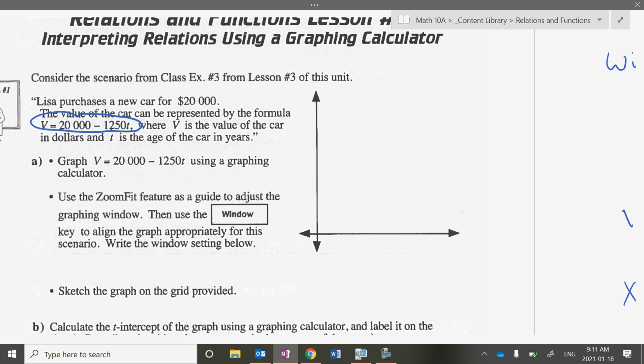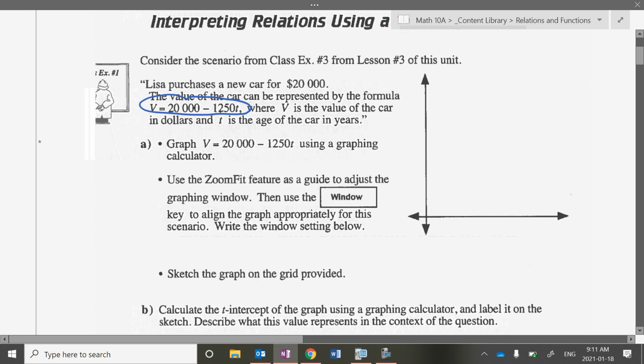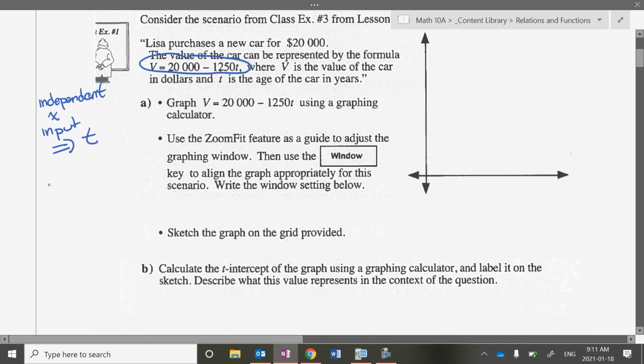Let's just pause for a second. What is my independent variable here? Go ahead, Khalil. Independent here. Remember, independent is your X equivalent or input. Good, so T. So in this case, that is our time. We're putting in the time to find out our answer. So that makes the value our dependent, our Y value, or our output,